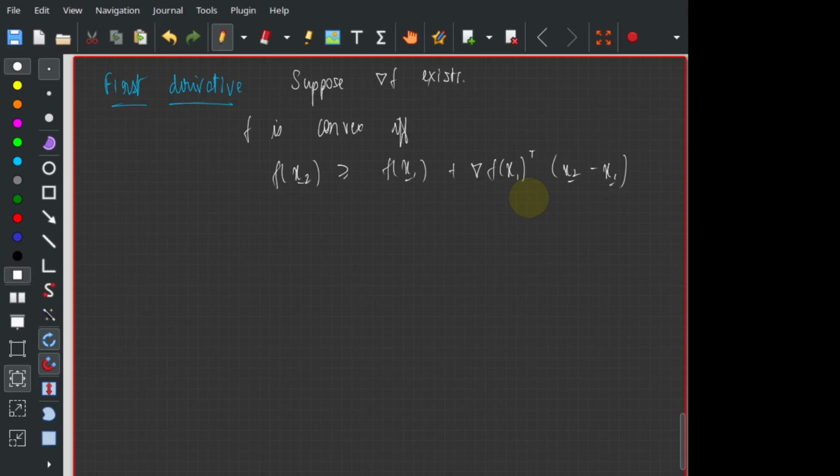If the first derivative or the gradient exists, then the function f is convex if and only if the following holds: